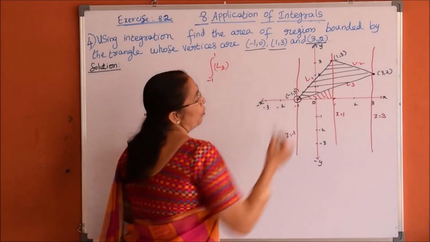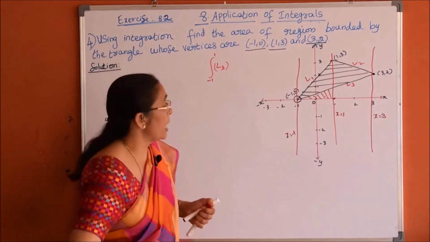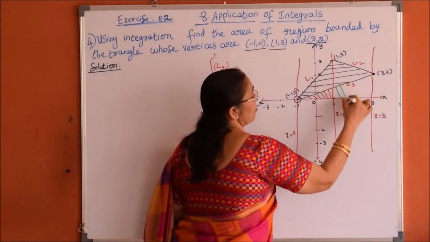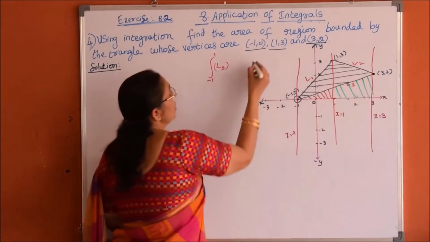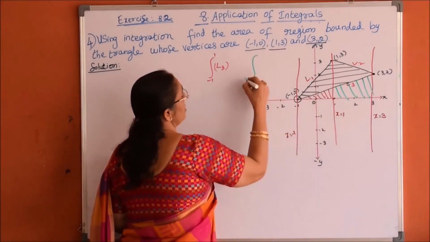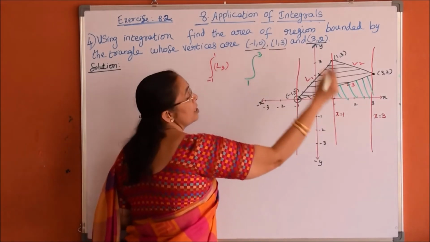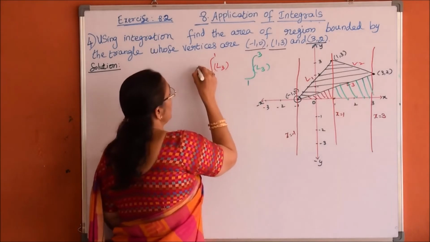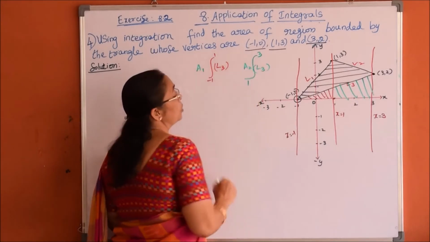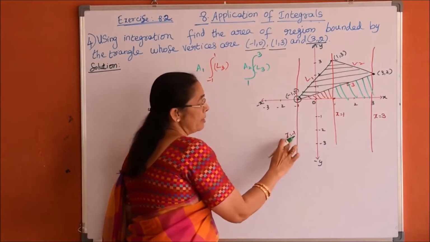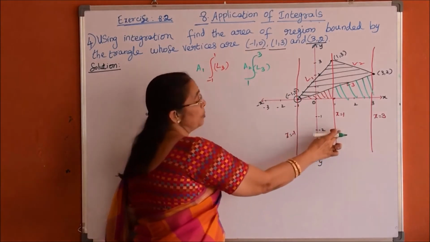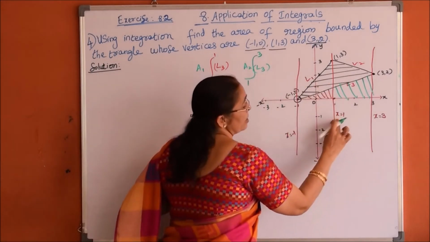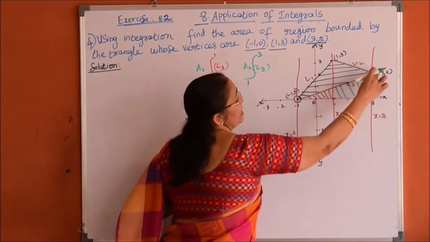Now, what about the second part? That part is nothing but the area covered by the line x is equal to 1 to x is equal to 3. So, next this integration is integration of x is equal to 1 to x is equal to 3 by the line L3, this area. So, let this area be A1 and this area be A2. So, A1 is the area covered between the lines x is equal to minus 1 and x is equal to plus 1 by the line L3, and A2 is the area covered between the lines x is equal to 1 and x is equal to 3 with the line L3.